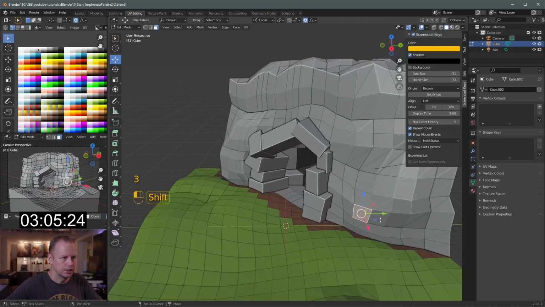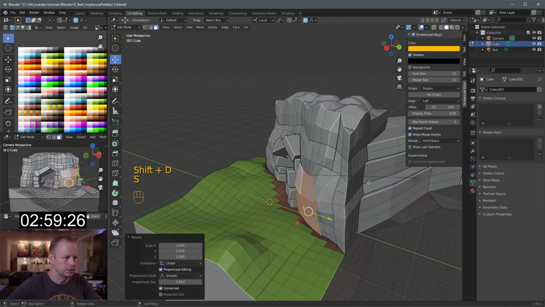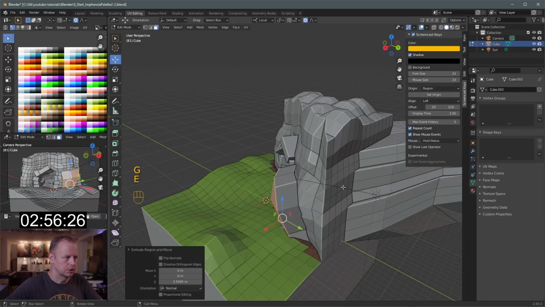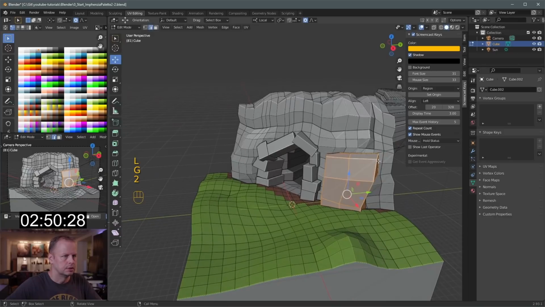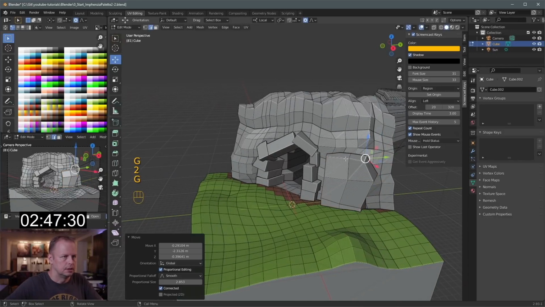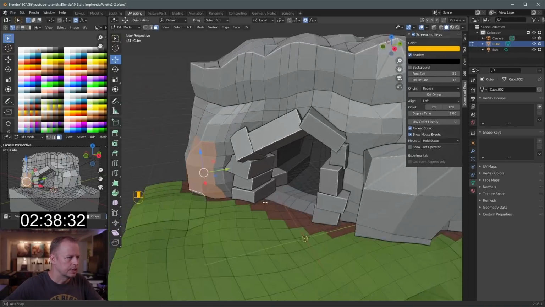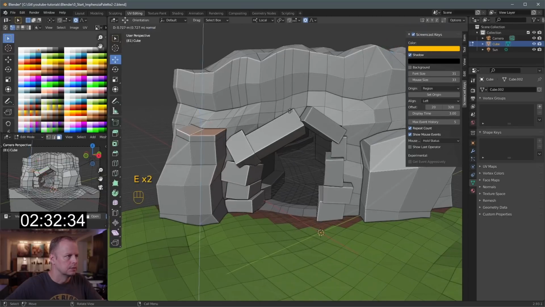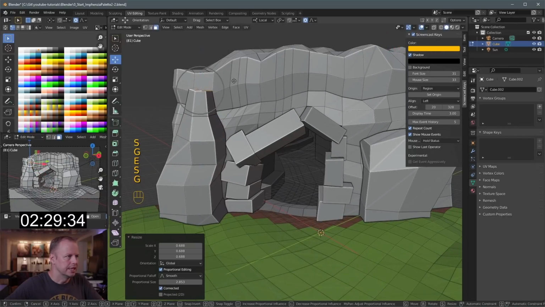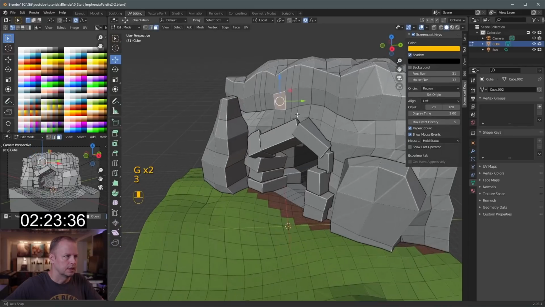And then I'll do some shapes to the rock face here too. So Shift select those, Shift D, scale those up, G to move them in, E to extrude, R to rotate, L to select the linked. There we go. Bring that in. And that vertex in. And then same thing here, we'll do some bigger rock here. And that should do. Shift D, scale, G to move it in, E to extrude, S to scale, E to extrude, S to scale, and rotate. And here we'll do some,